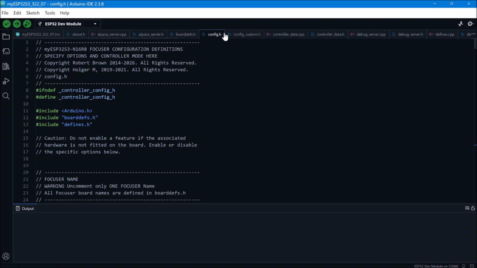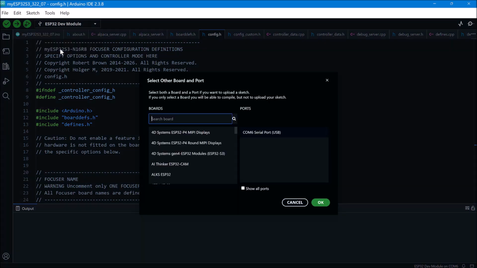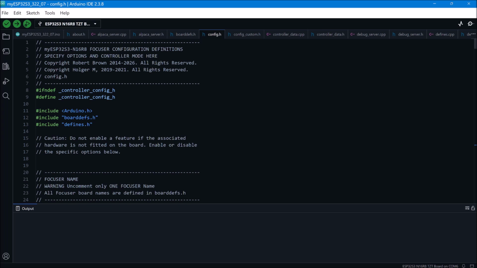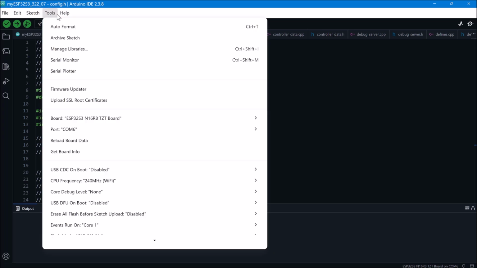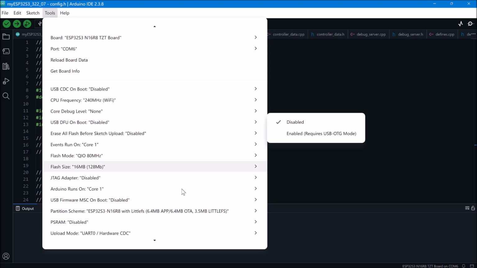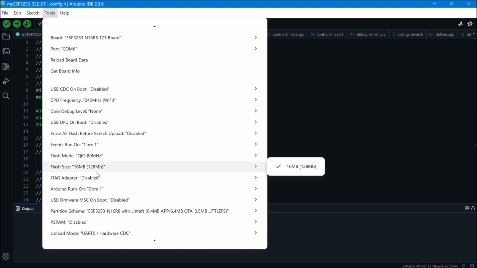So I've done all the configuration that I need in config.h as well as the define files, and what I want to do now is just make sure that the target board is set to my ESP32-S3, and I'm using a T board, so I'll select that, and I know because I've selected that all the partition information is all being filled in correctly, and it's 16